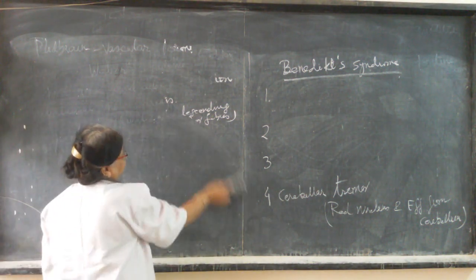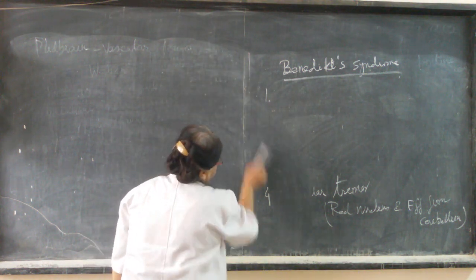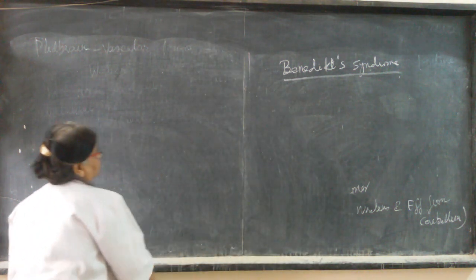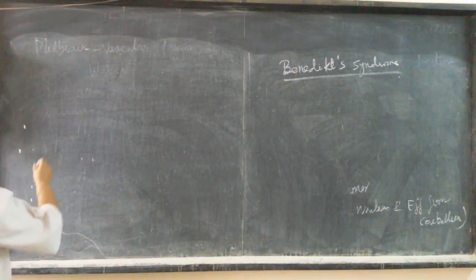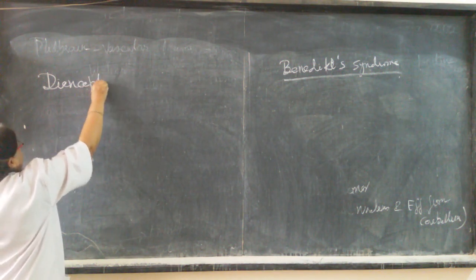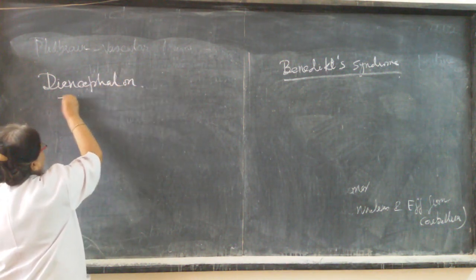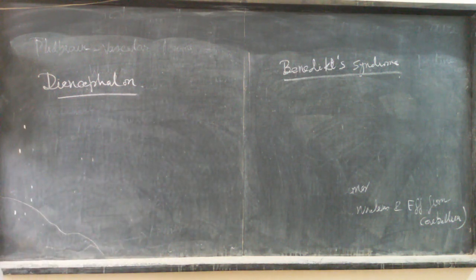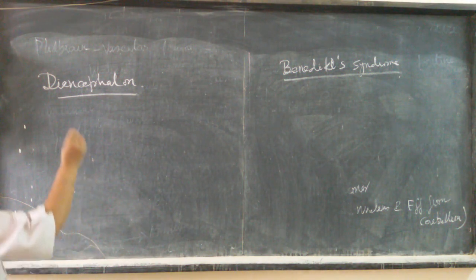Now coming to the Diencephalon. Diencephalon is a part of the forebrain. This is covered superiorly by the cerebrum, and inferiorly this is continuous with the midbrain. The Diencephalon comprises of two parts: